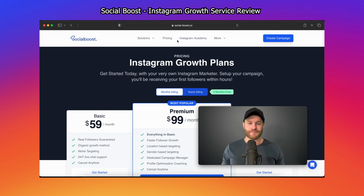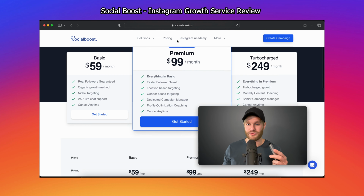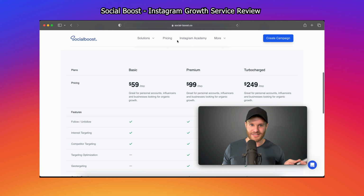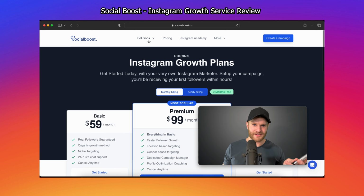I'd like to think that Social Boost has righted their wrongs from a couple years ago when they stole my content. And I like to think that if they had a customer that was unhappy with them, they would refund you. That's what I'd like to think. I don't know if that's actually what they do. Their refund policy is not explicitly stated really anywhere. They have it somewhere, but